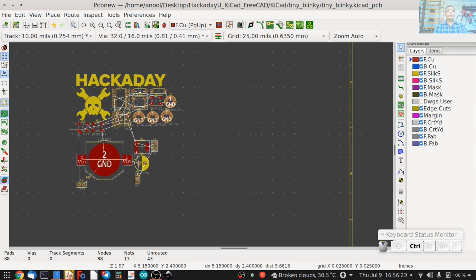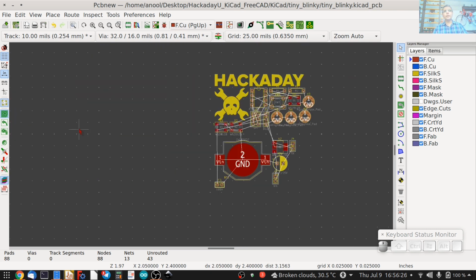Now, there are a couple of different ways of starting off from here, because from here onwards, a lot of it is more of art and less of science. A lot depends on how you want to place the parts. Each part can be placed in multiple orientations and on different sides of the board, and so on. You might have a specific outline in mind, or there might be other restrictions on where certain components need to be. So there is very little that can be taught about how that part of the process works. It's something you gain with experience, and you get better at it by practice. There is no other way than doing this.